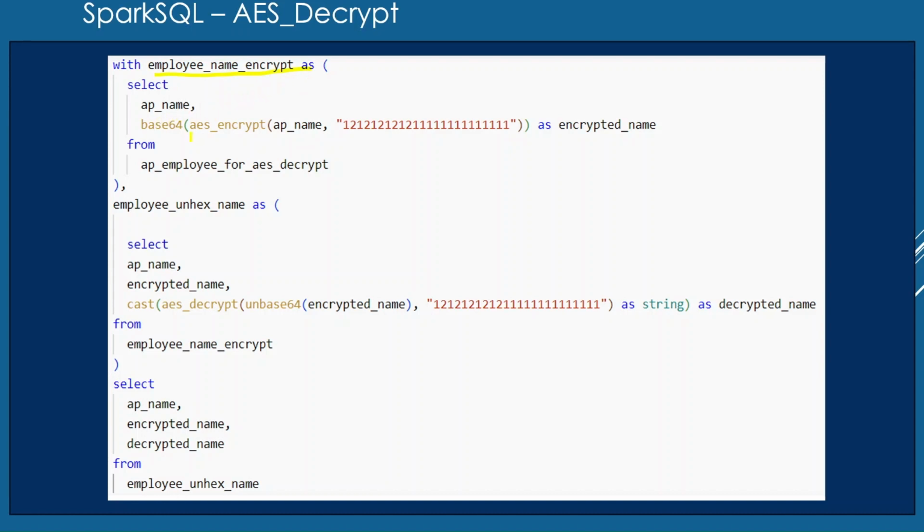With the help of the AES encrypt function, by passing this AP name column and this key, I am encrypting this AP name and creating a column with the name encrypted name column, because we are providing an alias. The encryption is in base 64 characters. When this AP name gets encrypted and the data is stored in this table, I will use this AES decrypt function